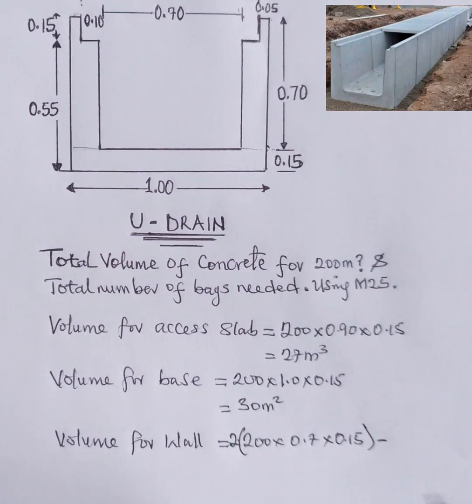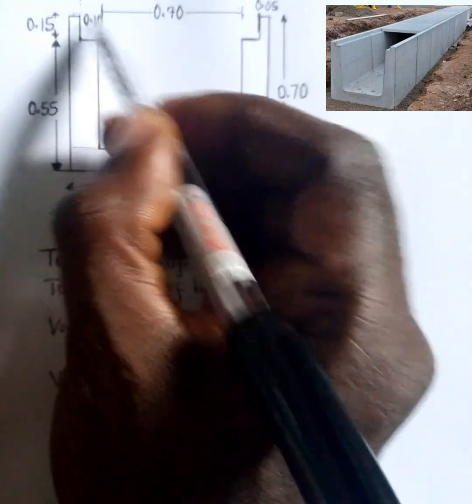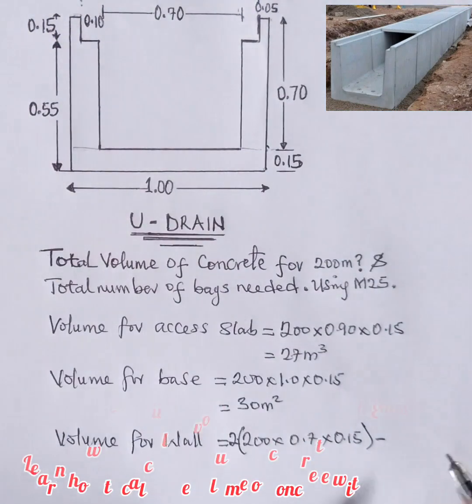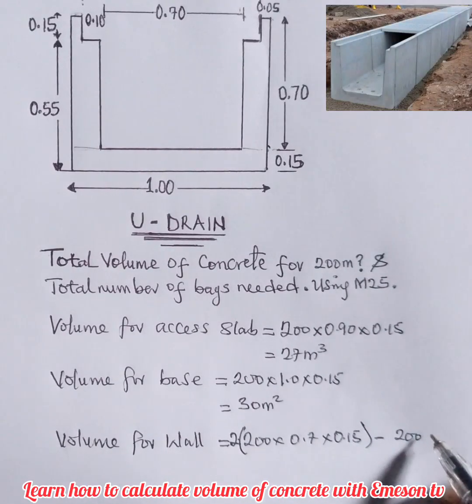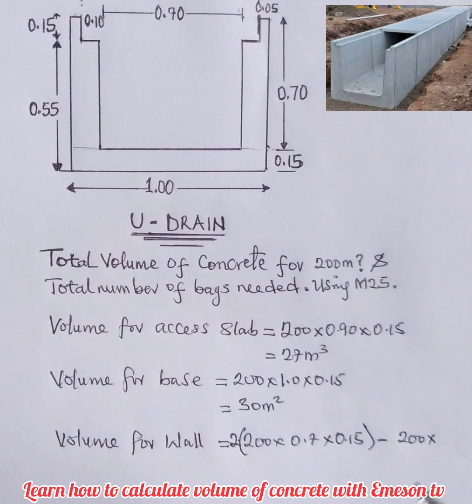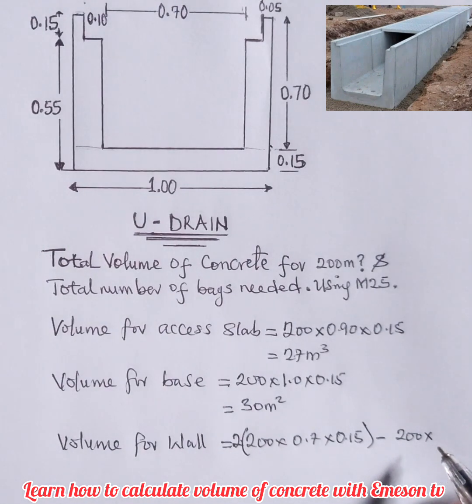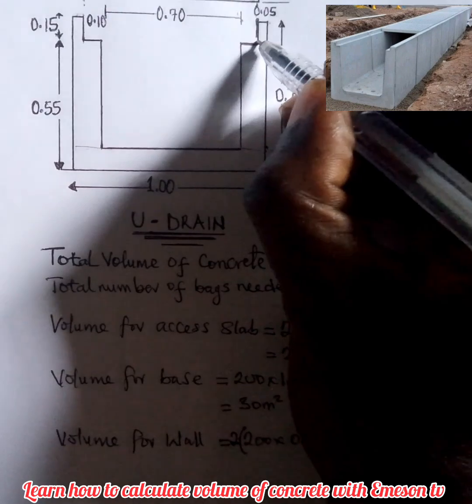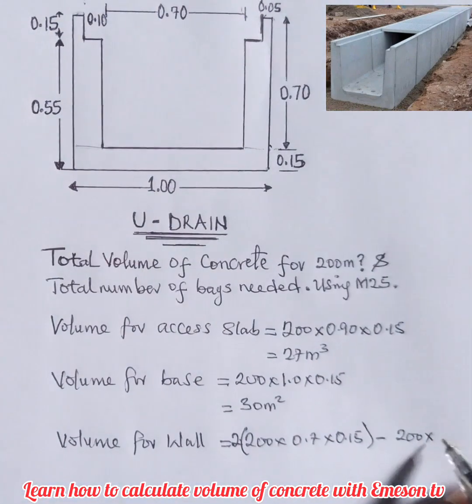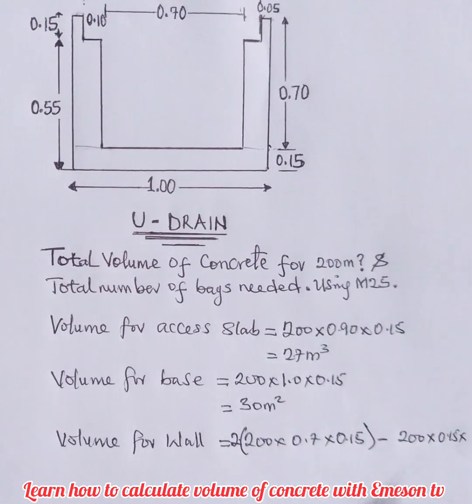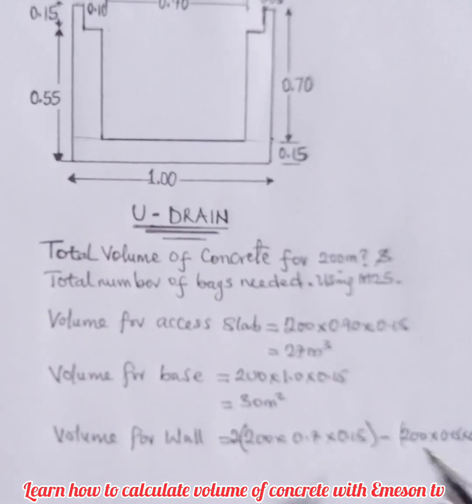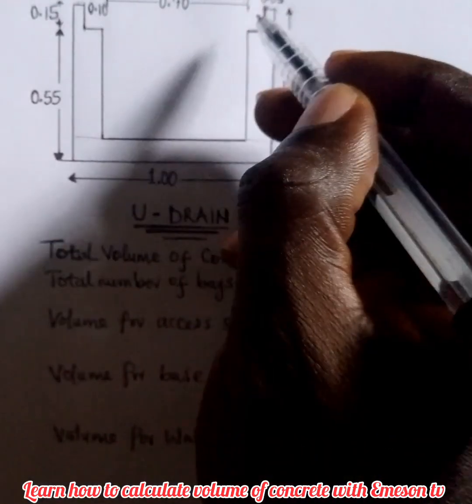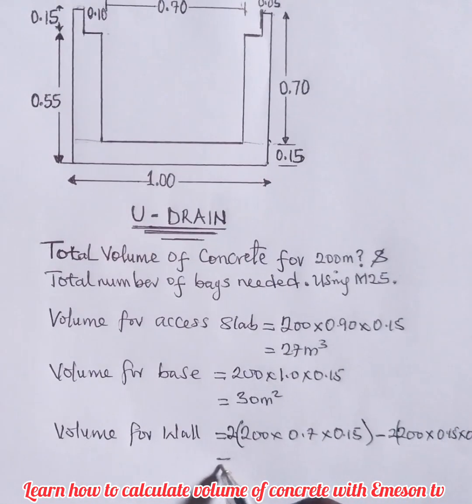Now I want to remove this void, this void here, where there is no concrete. So it will span through the length of 200 meters, by from here to here is 0.15, by from here to here is 0.10. I'll multiply by 2, this and this. So this is equal to,